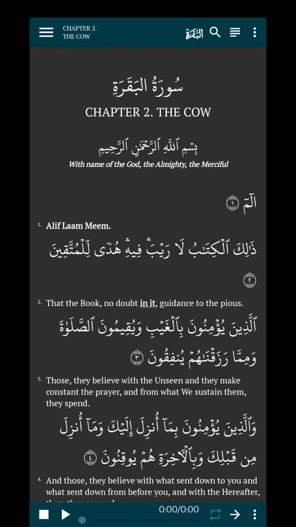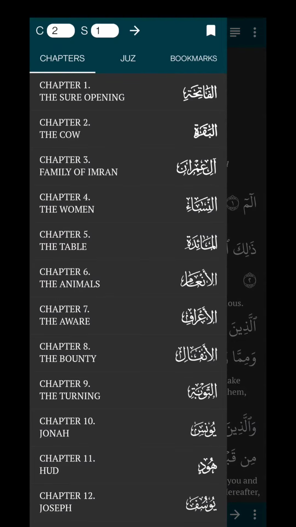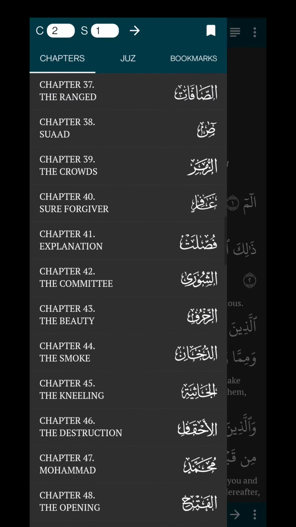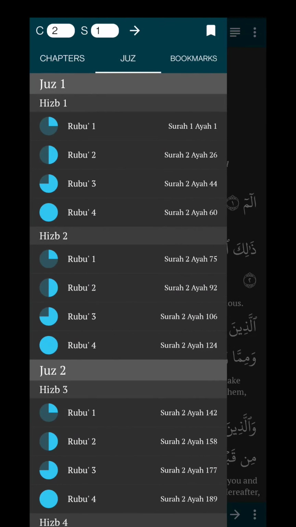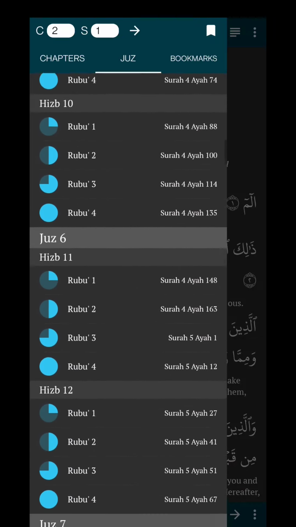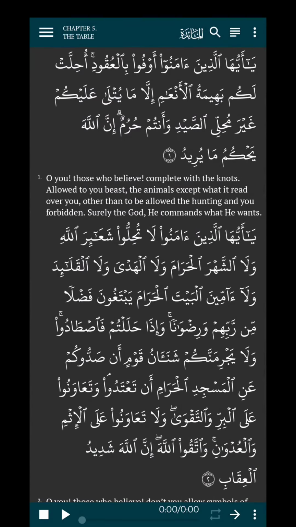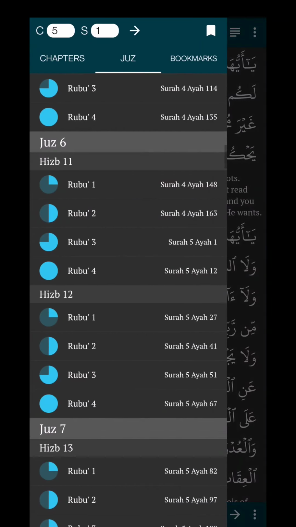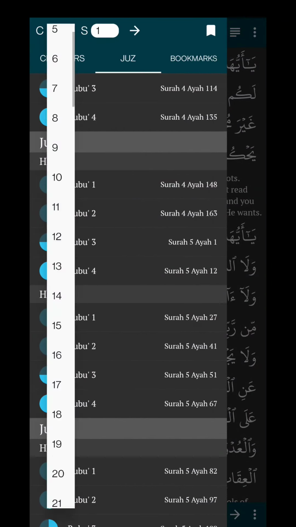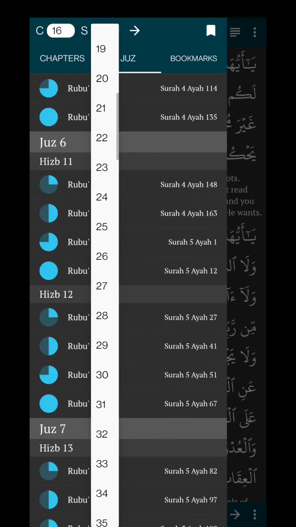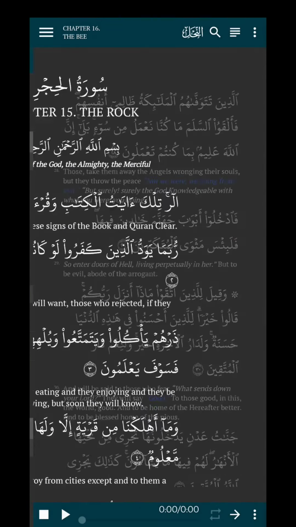Another way of navigating is the top left window pane. You open that and you've got all the chapters here. You can press any chapter and go to that chapter. The other way is to navigate through the juz, and you can choose any juz, hizb, rubu, and press that and you'll go over there. And one final way to navigate is through the chapter. You select a chapter and any sign in that chapter, and then you press this arrow and it will take